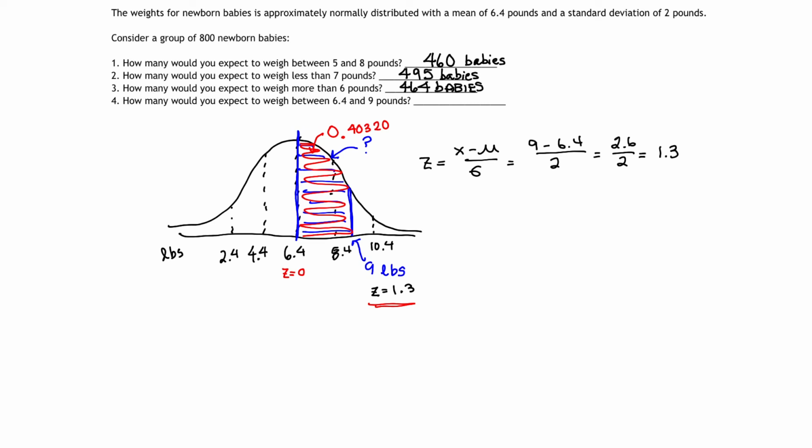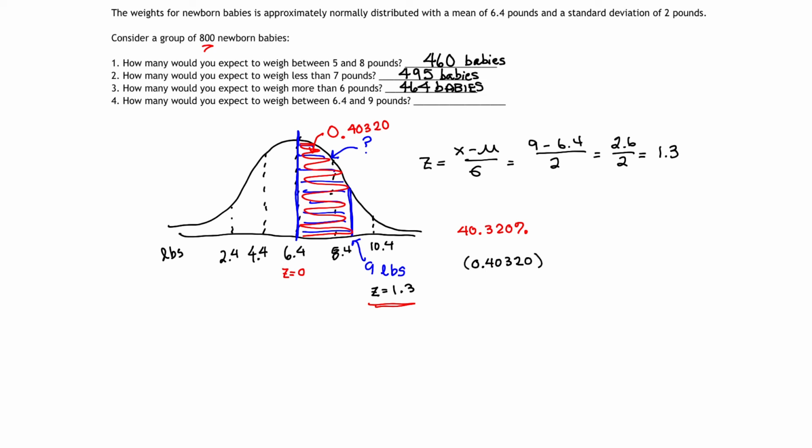Or if we like, 40.320% of the babies one would expect to fall between 6.4 and 9 pounds. If given 800 babies, we have to take 40.320% and multiply it